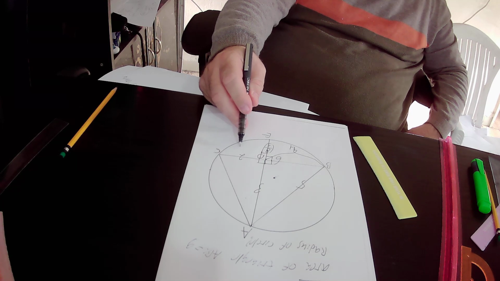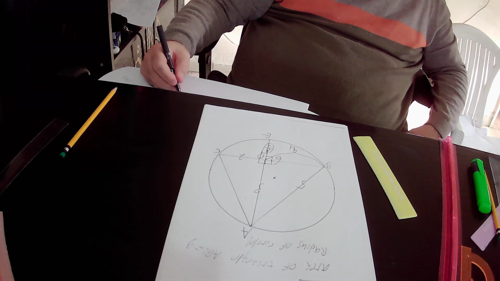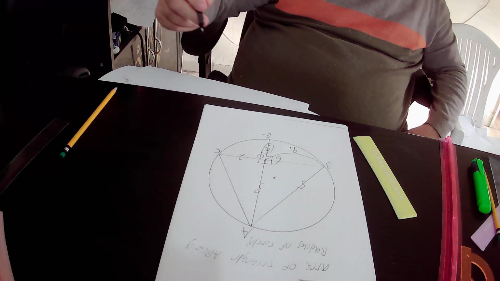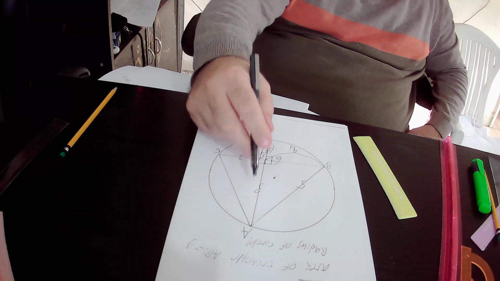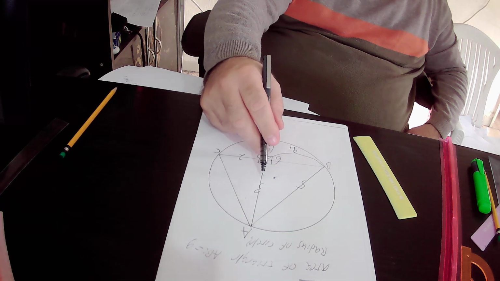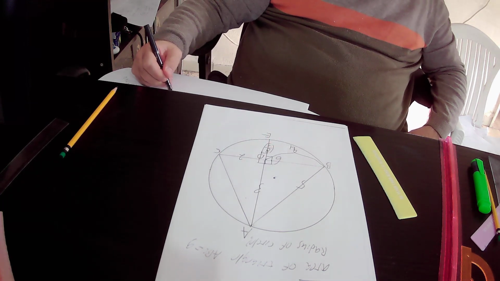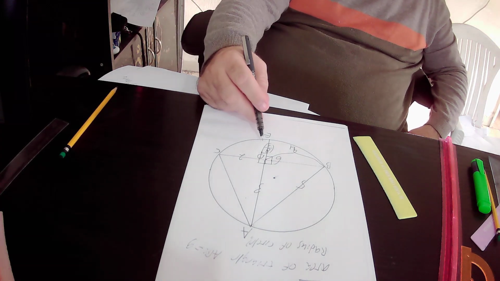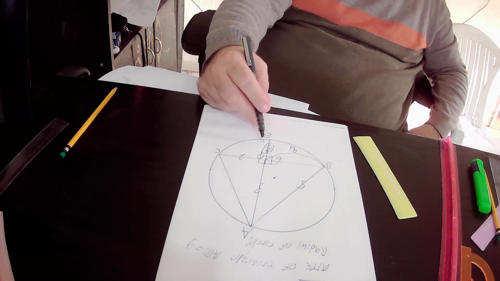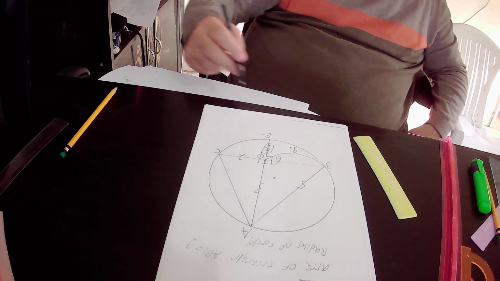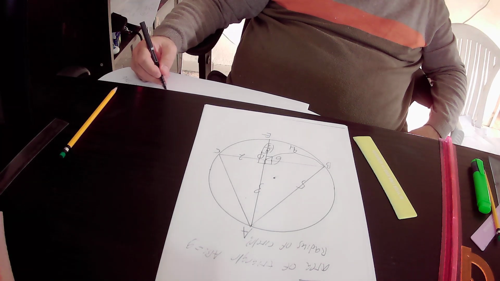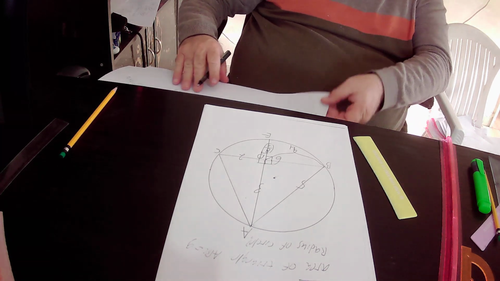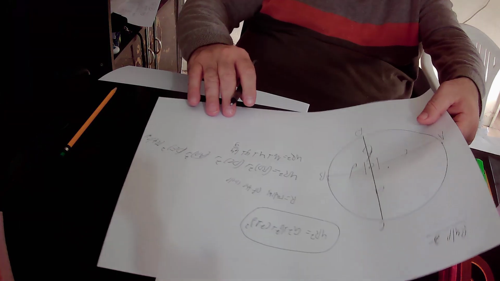DC squared. DC equals 2, so DC squared is 2 squared, that is 4, plus AD squared. AD squared is 3 squared, that is 9, plus DE squared. DE is 8 over 3, so DE squared is 8 over 3 squared, which is 64 over 9. So in conclusion, we found out that according to rule number 2,